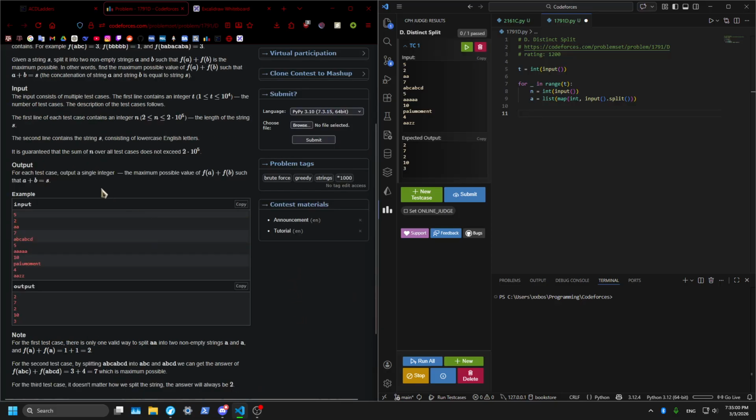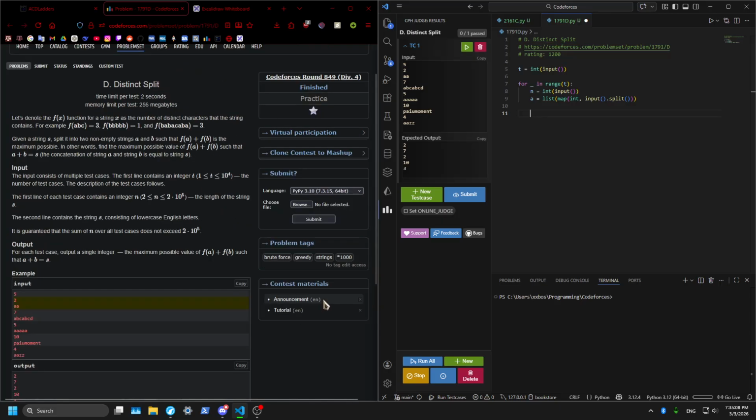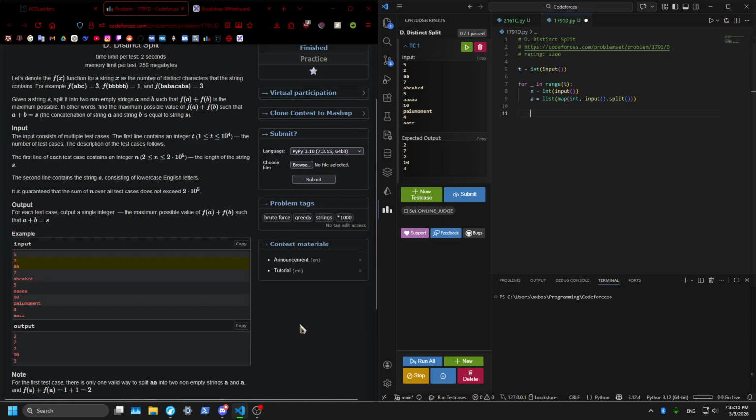What are we outputting? Maximum possible value f of a plus f of b. I'm thinking